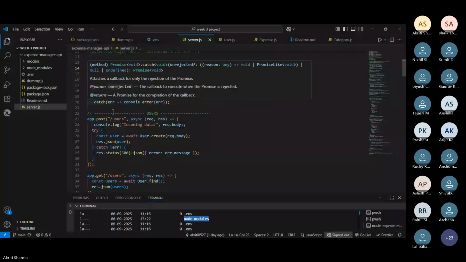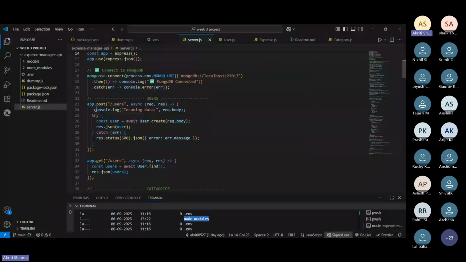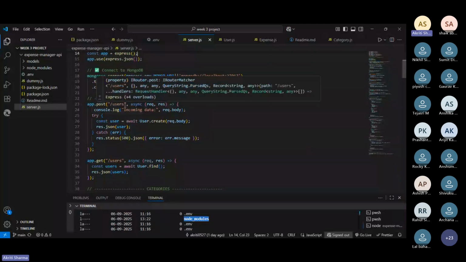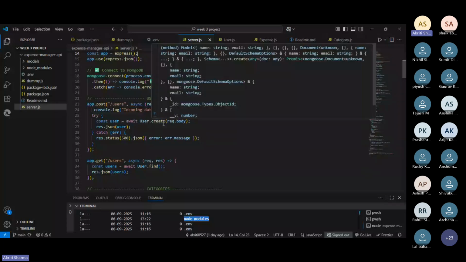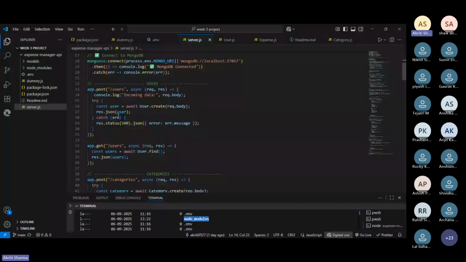And I created the first app.post route, in which I use a try and catch block. In the try block, I created a user by using the user.create function that is derived from the mongoose dependency, and give a JSON response.